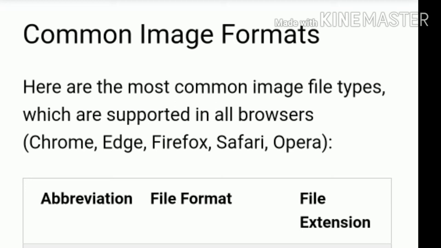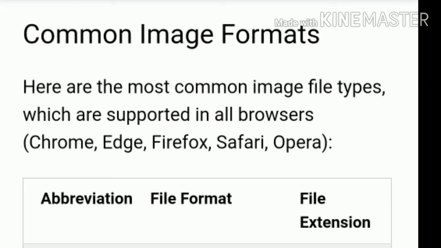After that, the second one is the Graphics Interchange Format, which you know as .gif. Generally you can save any images as GIF. At the time of birthday wishes, congratulations, or smiley faces, you are generally very well acquainted with GIF. Okay, GIF.